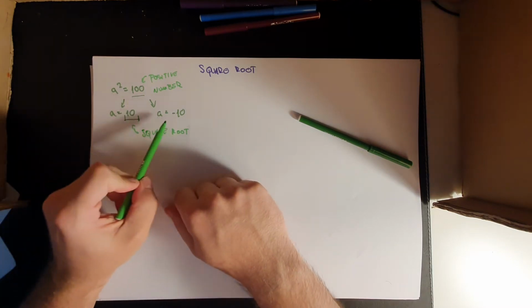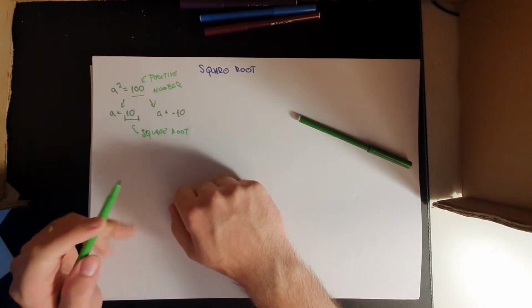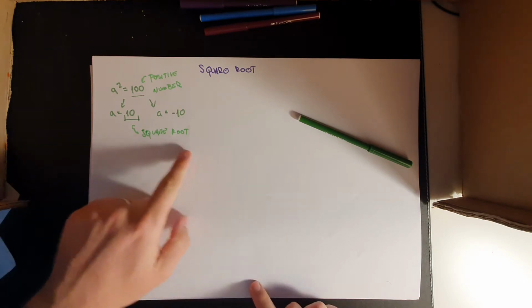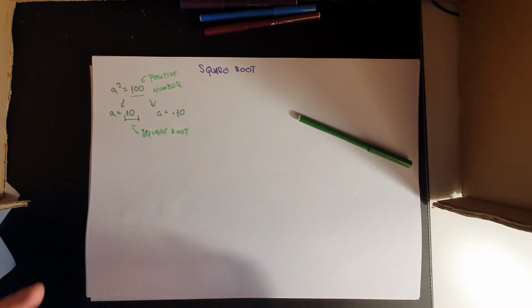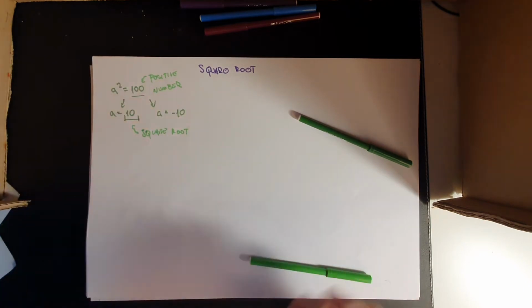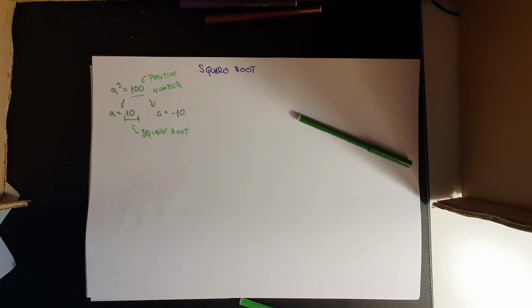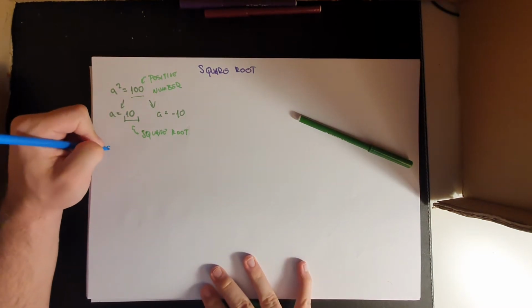Now, of course, minus 10 is also a specific number, but I'm not going to talk about it here because I want to just concentrate on the square root. Now, let's define the square root using this example. Now, the definition of a square root, and this is an important part, is that